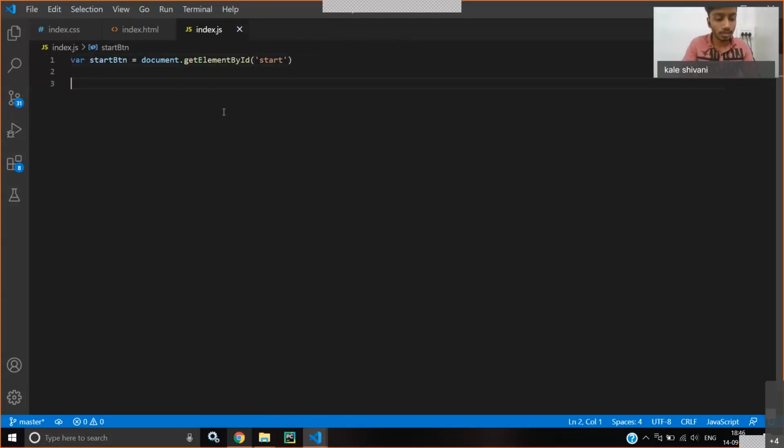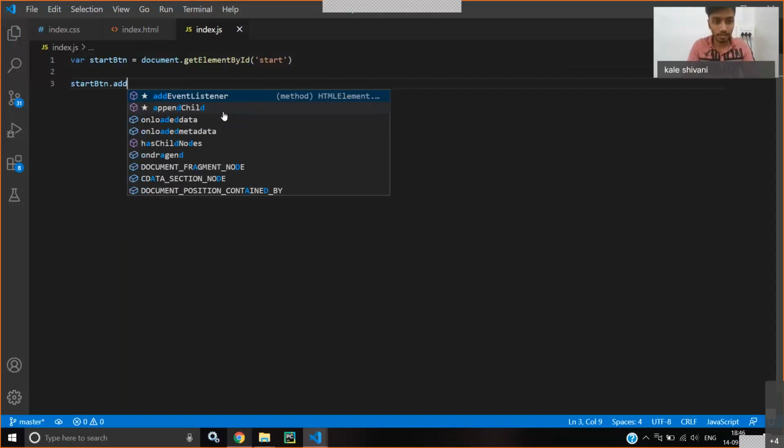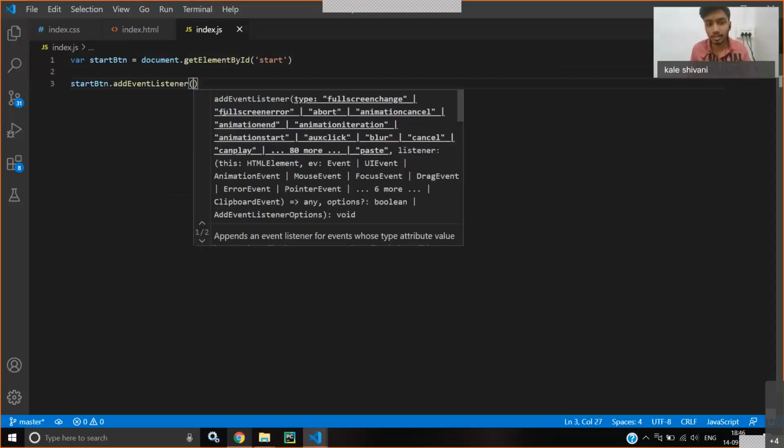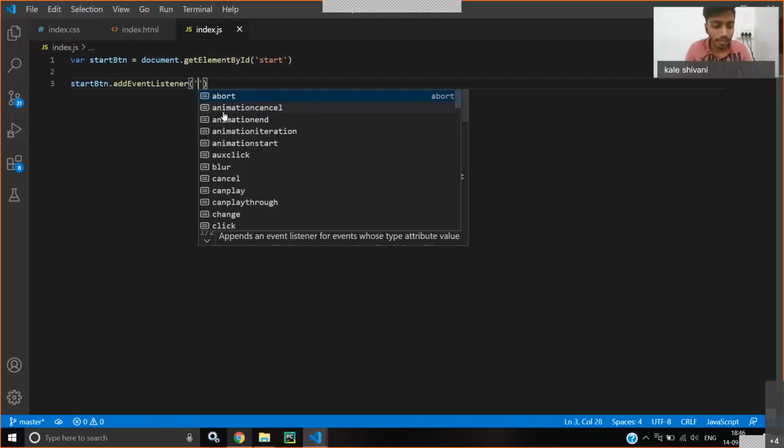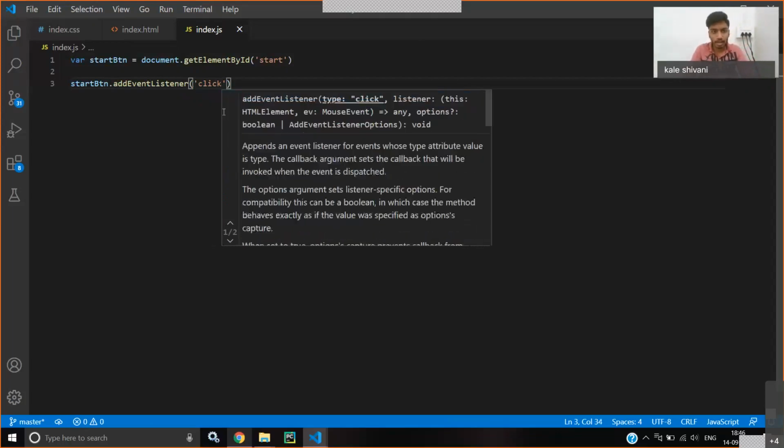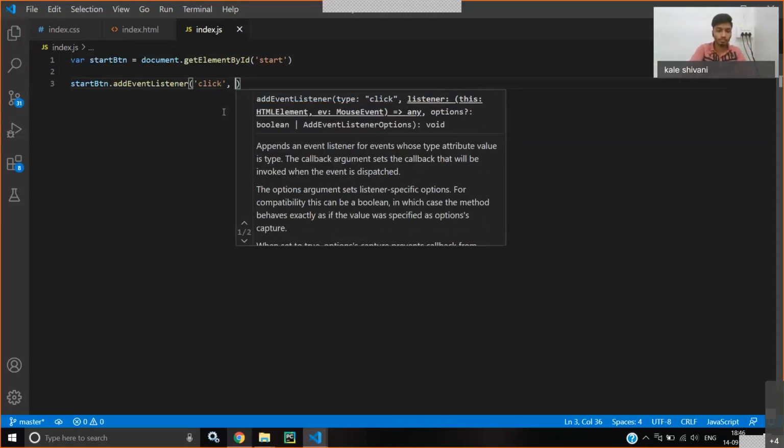Let's add an event listener, startBtn.addEventListener. What type of event listener do we want to add? We want to add a click listener. So click, and we want to call a function.